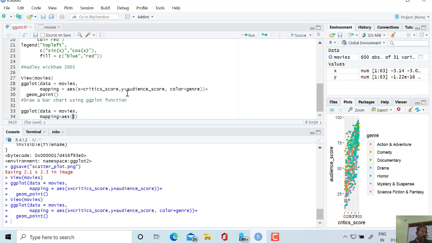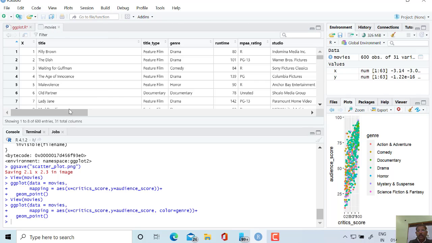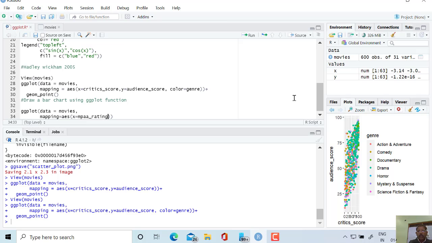Now I am taking x as MPAA rating, the value of x equal to MPAA rating. Here we can see that in my movies, MPAA rating was this one, PG, like this. On the basis of this, and in the case of a bar plot, there is no need of a y axis, and therefore we will not write that part.